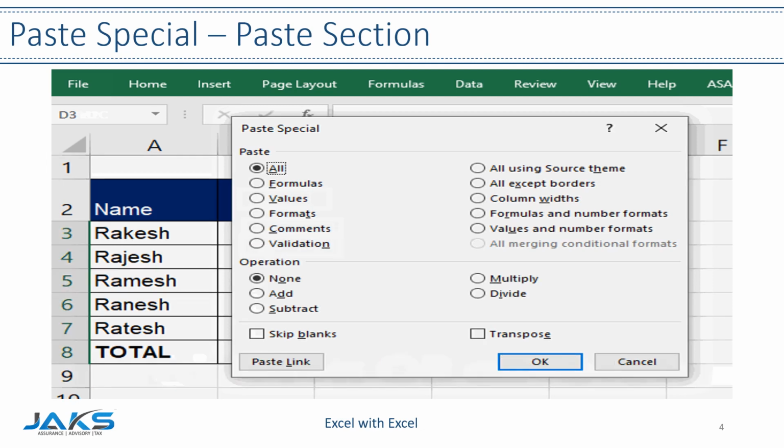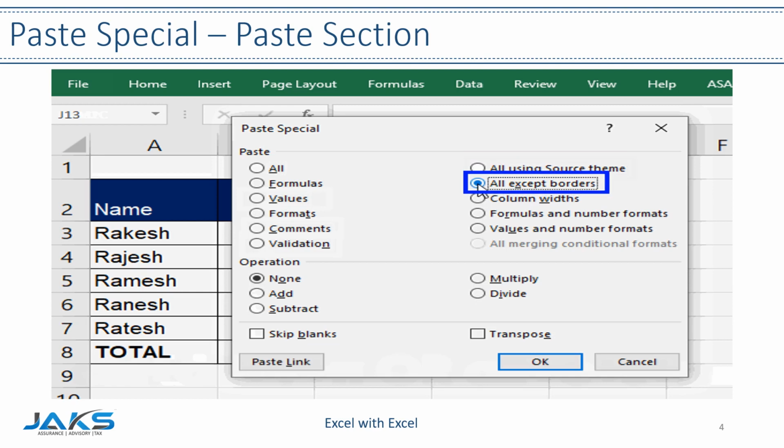So far, we saw the commands that ignore the formatting of source cell. Now, we will see the commands that carry some of the formatting behavior of the source cell. So, the rest of the commands in the paste section is a bit different from the commands we already learned. Next command is paste all using source theme. This command is not much used these days, as normal paste will do the same magic. In the Excel versions prior to 2007, normal paste used to work with some restrictions.